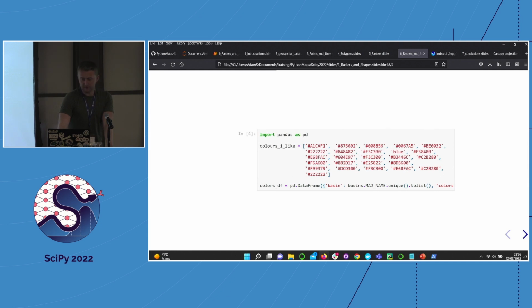What have I done here? There's a series of colors that over my career I've decided that I like. So what I'm doing is creating a data frame of these colors, and I'm mapping those colors to the